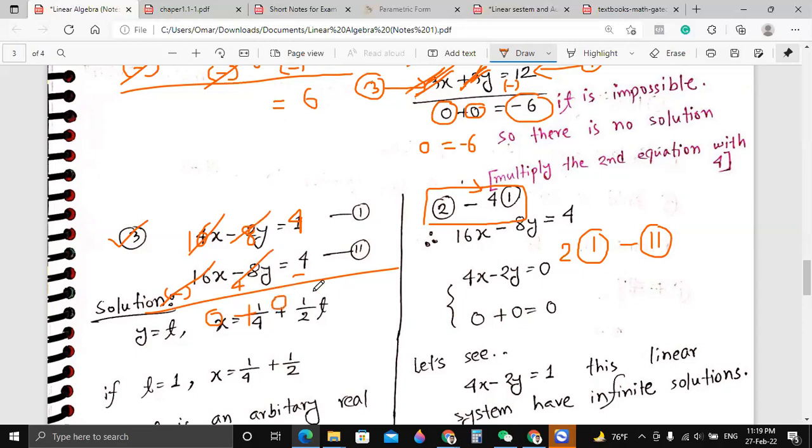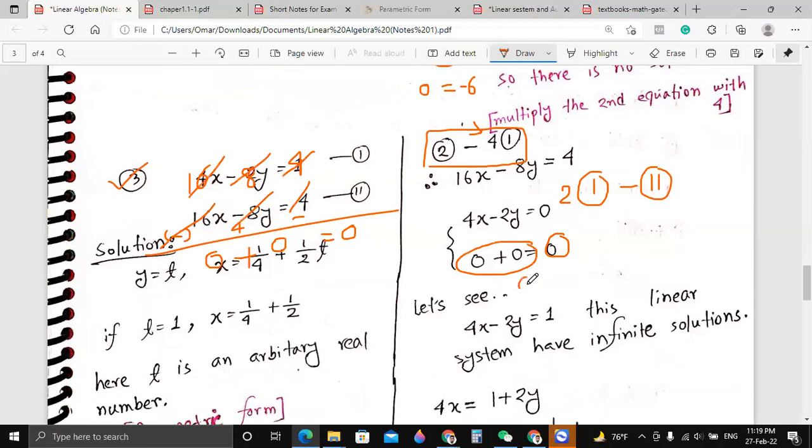So we get 0 plus 0, okay? And 4 minus 4 also gets cancelled. So we get 0 on the right side. So on the left side we get 0, and on the right side we also get 0. So 0 equal to 0, this is true. So that's why